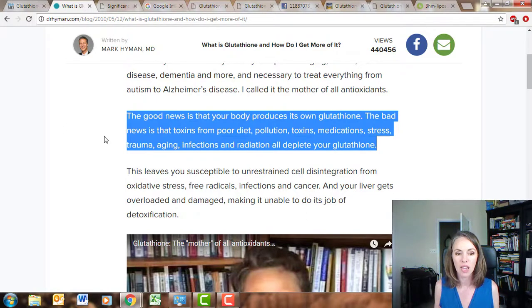So your liver cells cannot break down the garbage. Your body cannot effectively break down the garbage, package it up safely, the toxins, and eliminate it. And your liver will start to get stressed and not able to keep up with the demand. The liver gets overloaded and damaged, and now we have a real big necessity to really go in there and